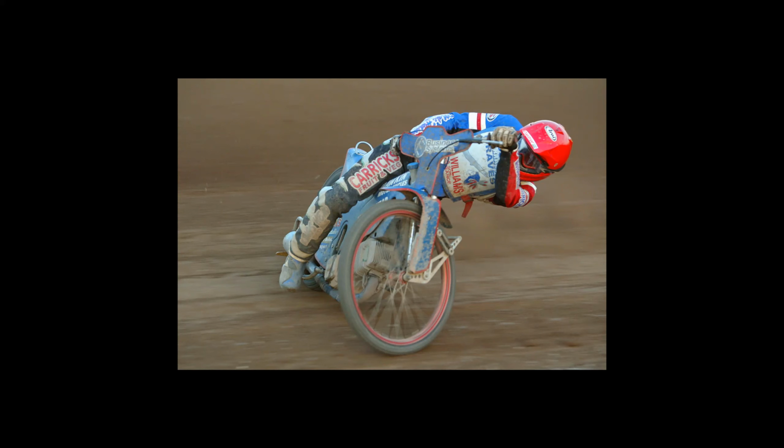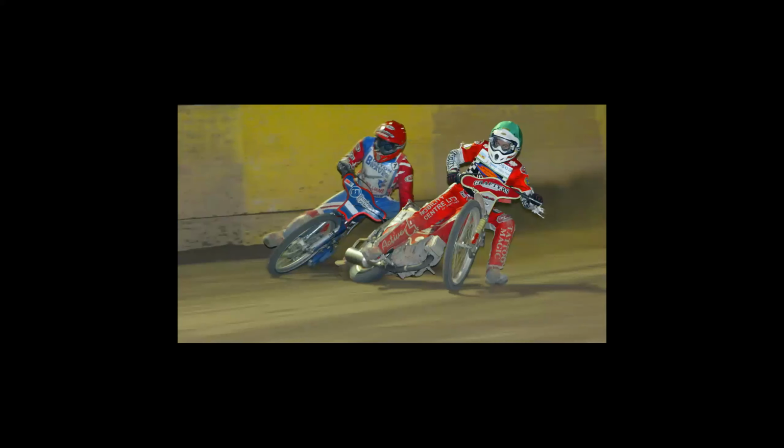So we've still got daylight. This is played at a 30th of a second on the 200. Loads of movement, loads of blur. It's a shot that the club used on the programmes a number of times because he was their top rider for a while. But then when it comes to shooting under the floodlights, it becomes somewhat more challenging because, for